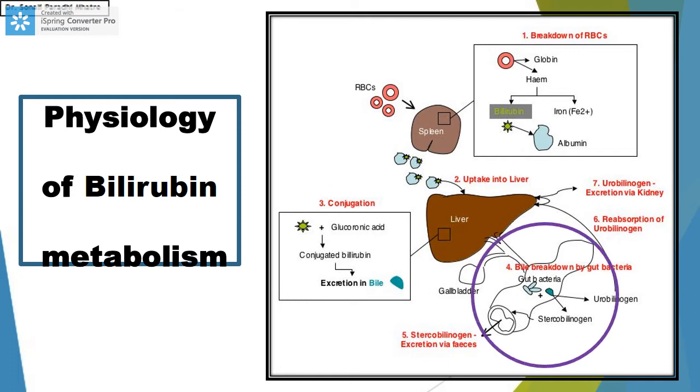The third step is when there is successful conjugation of the bilirubin and successful transport of the bilirubin into the intestine. Here there is a breakdown which occurs by the gut bacteria. The gut bacteria then finally give rise to urobilinogen and stercobilinogen. The stercobilinogen is then excreted via the feces and the urobilinogen is excreted in the urine. So these are the basics that we need to know. I hope we are clear about the conjugation process, because this is the major process which determines whether we have indirect jaundice or direct jaundice.